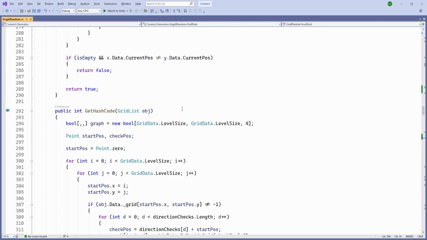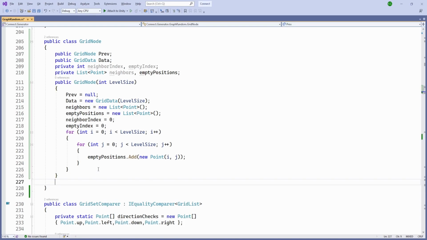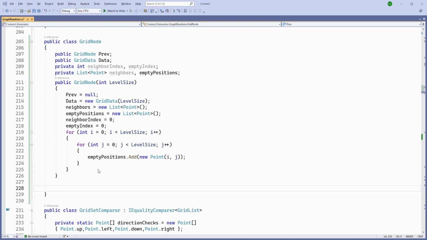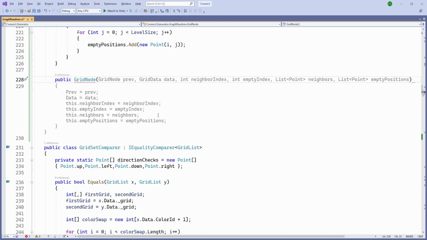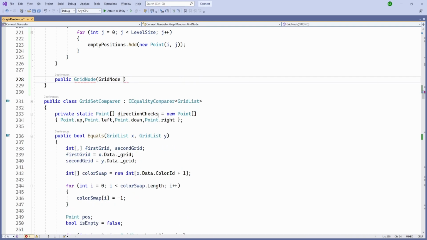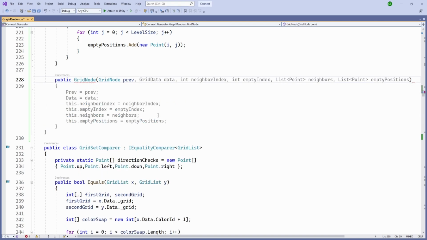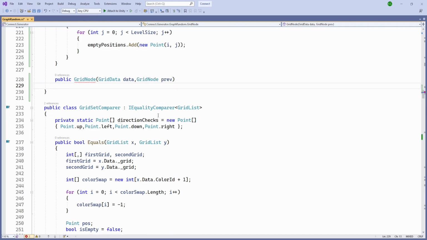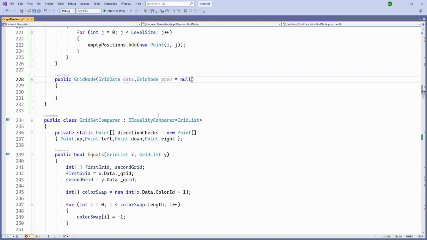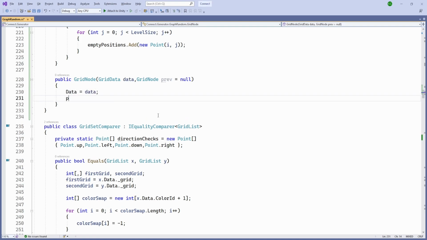That was for the initial constructor, and after we are going to have our default constructor, so public grid node, and here we are going to pass a grid data, let's call it data, and grid node previous, and by default our previous is going to be null, and what we'll do is data is equal to data, and our previous is going to be equal to previous,